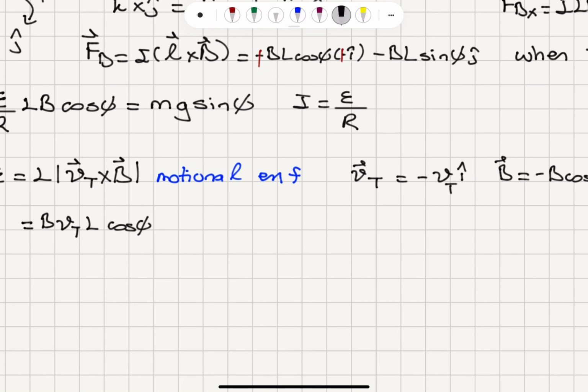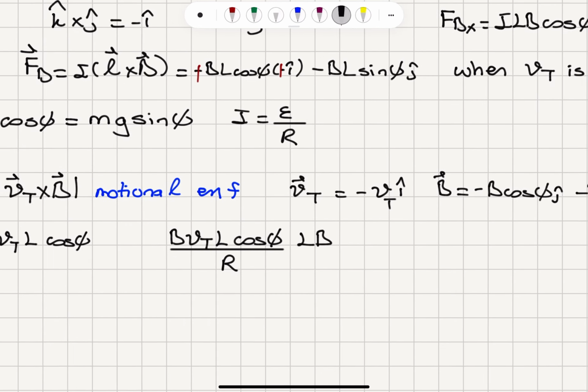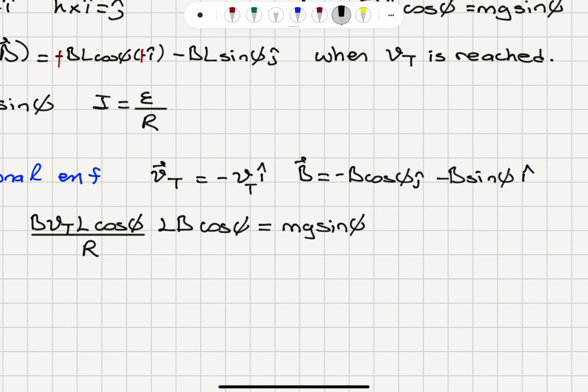And therefore, if I go back here to this force equation at equilibrium, B V terminal L cosine phi divided by R, that is the induced EMF, times L B cosine phi is equal to mg sine phi, and that gives me, for V terminal,